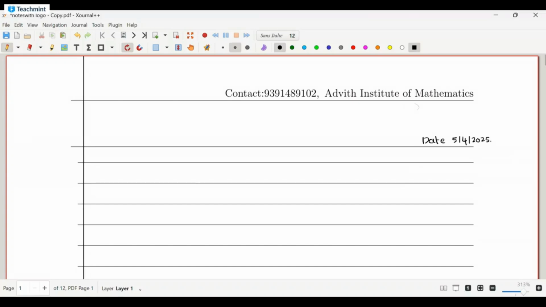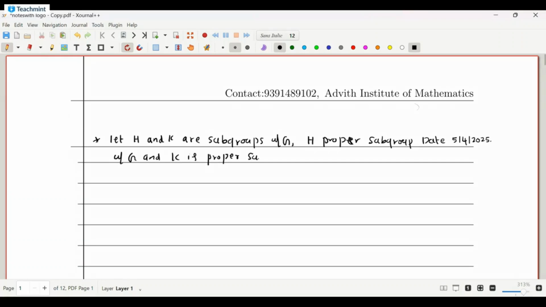Problem. Let H and K be subgroups of G, and H is a proper subgroup of G, and K is a proper subgroup of H, and also given that